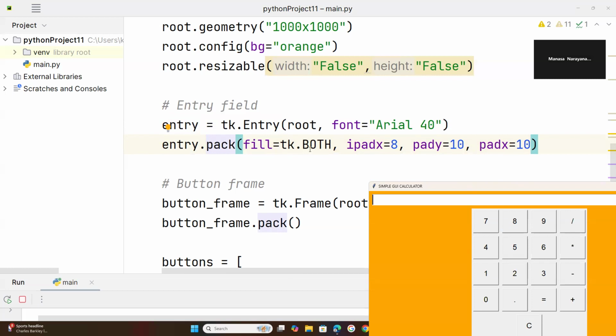Fill means tk.BOTH, which means the entry field fills both horizontally and vertically over the application window. ipady and ipadx mean internal padding inside the entry field. padx means, okay,